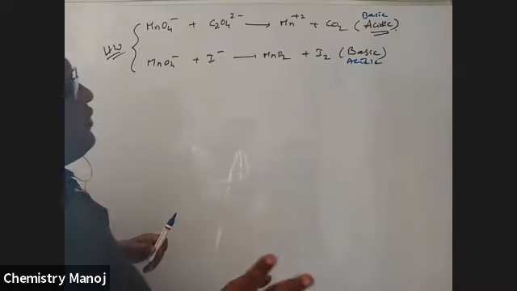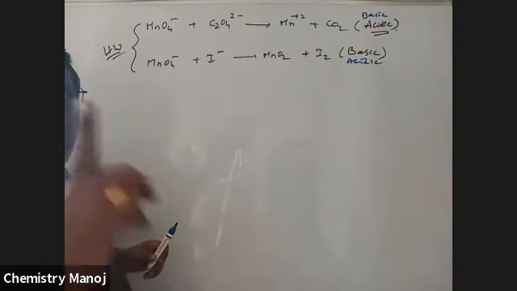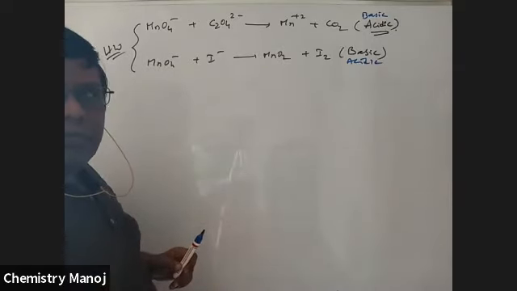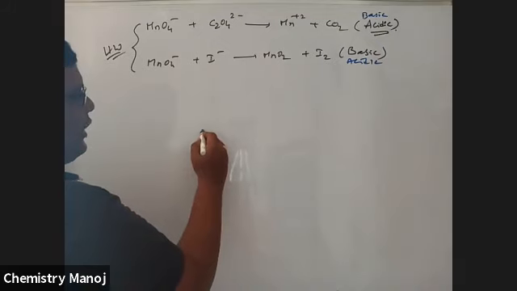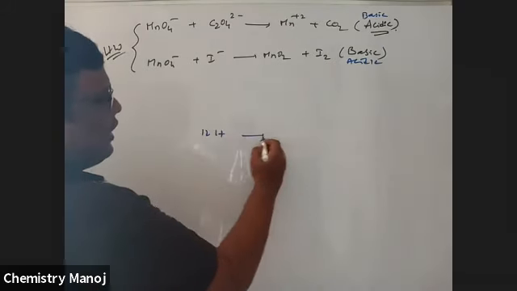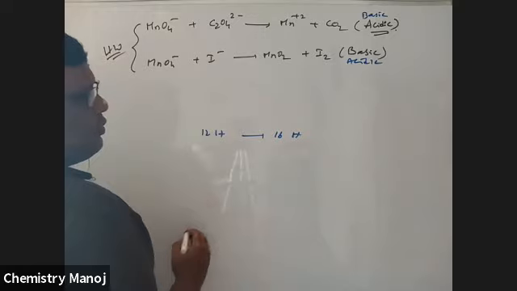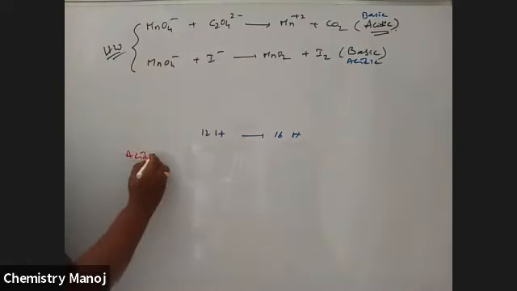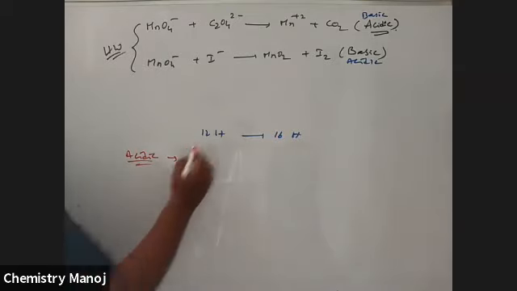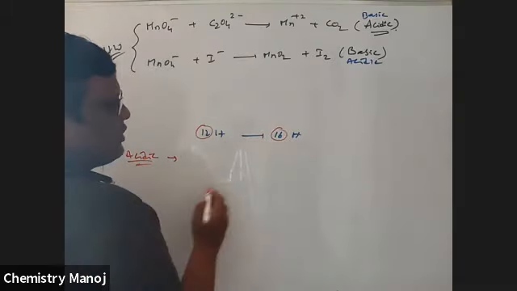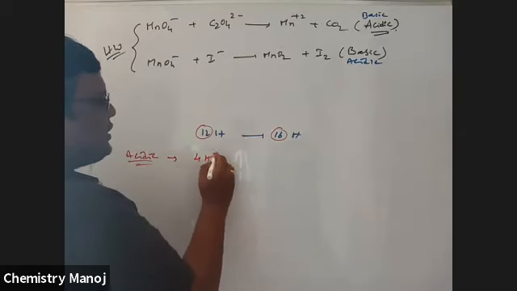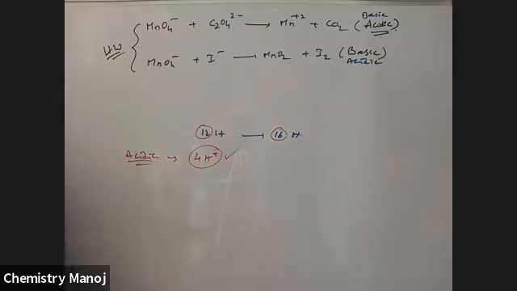The only difference between acidic and basic medium is hydrogen balancing. So here, for example, LHS has 12 hydrogens, RHS has 16 hydrogens. Now I am going to explain acidic medium balancing. Here 12 hydrogens, here 16 hydrogens. There is a shortage on this side. How many? 4 hydrogens, so 4H plus is added. That is acidic medium completed.